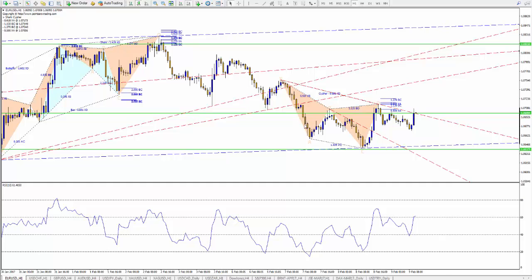Alright, I've got the euro dollar in front of me now. As you can see, we had a nice bounce off yesterday. Looks like that bounce is going to continue. We had a good pullback in the Asia session, and now Europe's just opened up with a good push and boost up. As you can see, it just overcame this resistance here, and we might see that going all the way up to